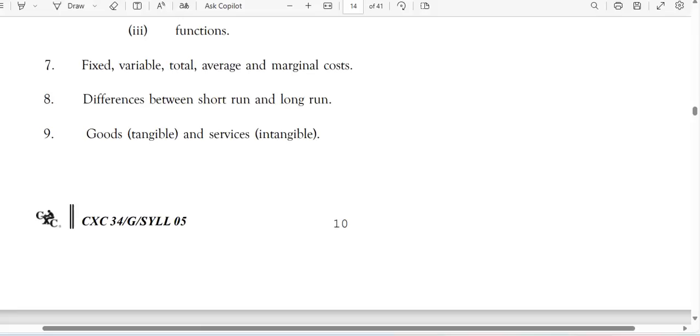All right, so in summary, short run is about quick adjustment with existing resources. Long run is about strategic changes and full flexibility. All right. Now